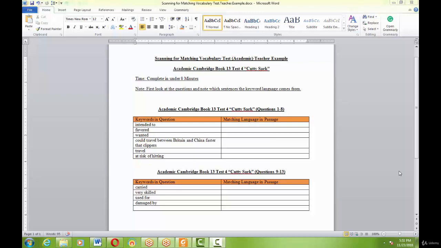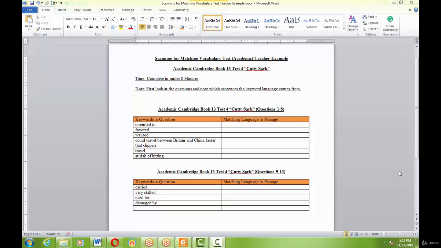Like with this reading passage, which is from book 13, test number 4, called the Cutty Sark. The full name is Cutty Sark, the fastest sailing ship of all time. You may use it to answer the questions, but you can also say, I'm going to work on my scanning ability, and my synonym matching ability. How well am I at scanning for language that's using synonyms? Because that's the key to being fast,